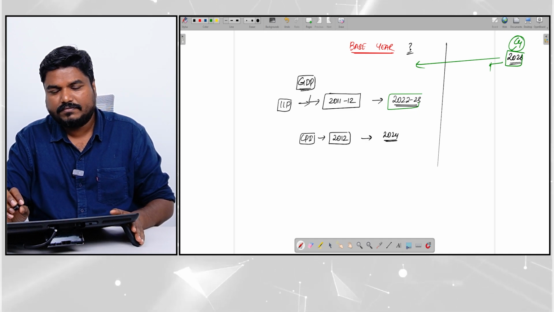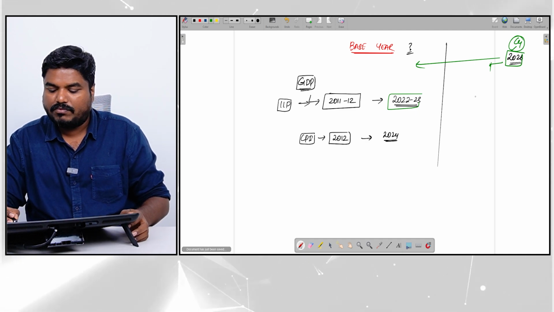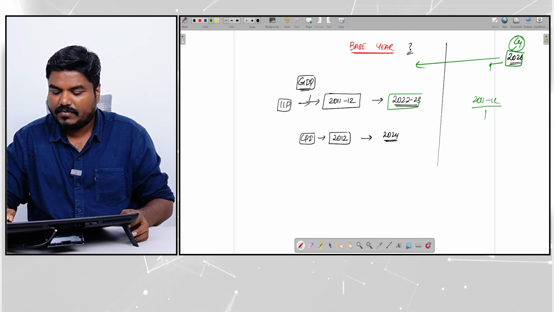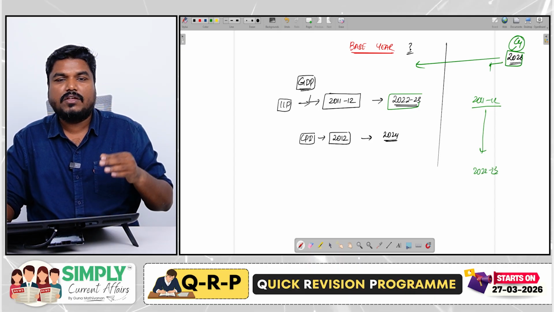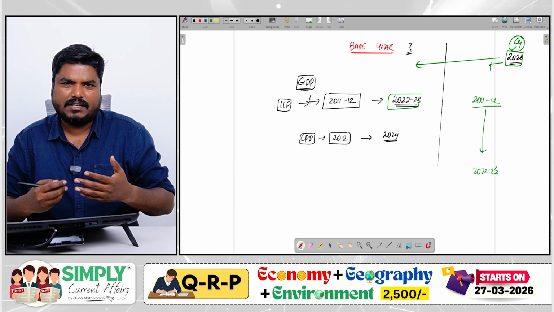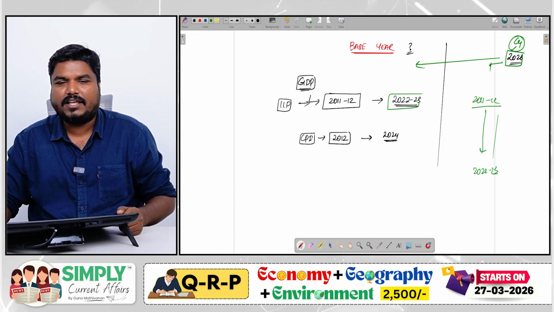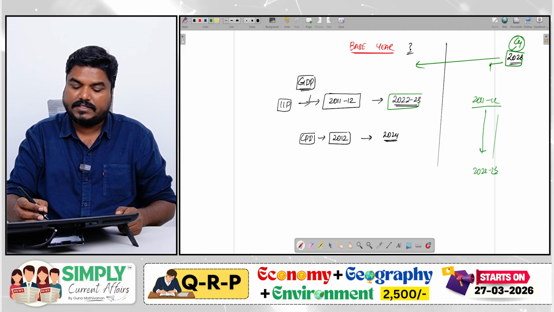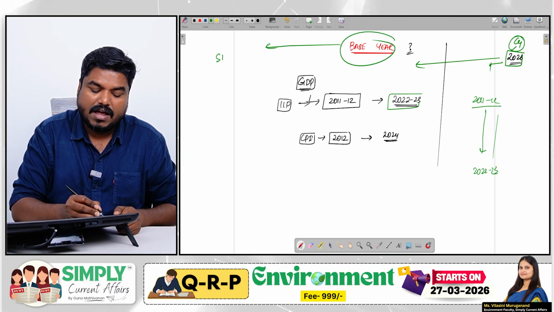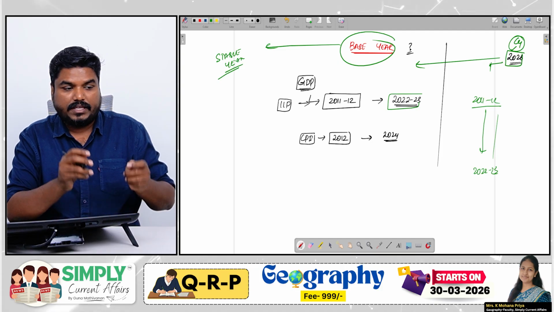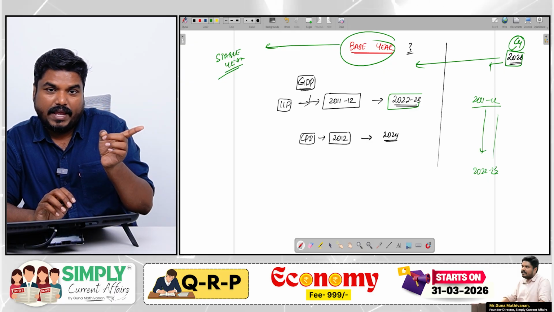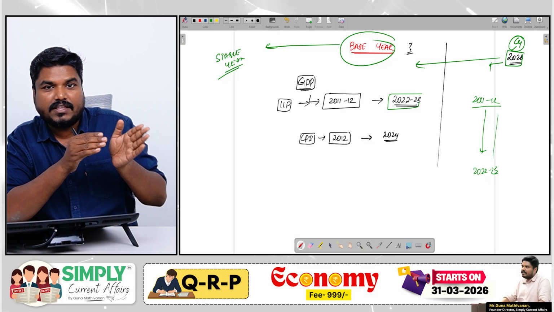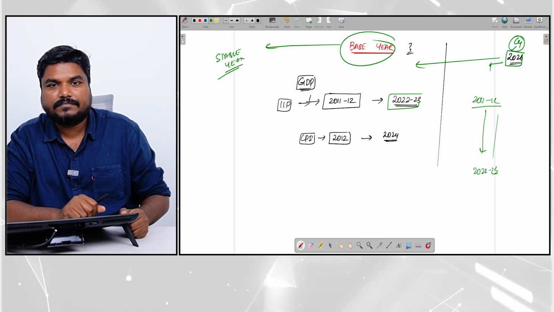For CPI it is 2024. Now you might ask, sir, from 2011-12 they are bringing it to 2022-23. You just now said that once in 4-5 years it will be revised, but why is there so much delay? See, while choosing a base year, you have to choose a very, very stable year. The base year is the comparison year. You are comparing with that year. That year should be stable.